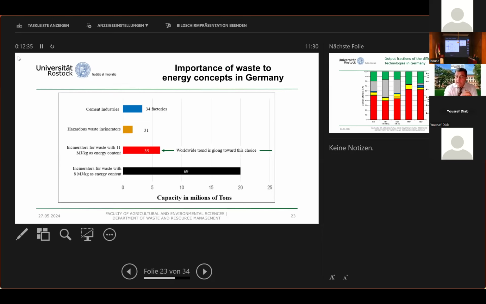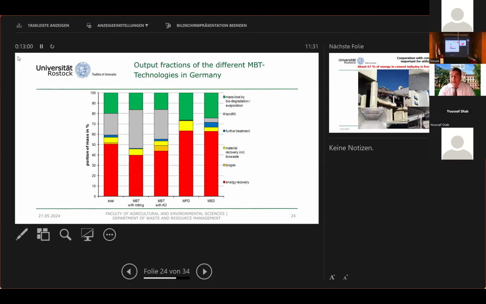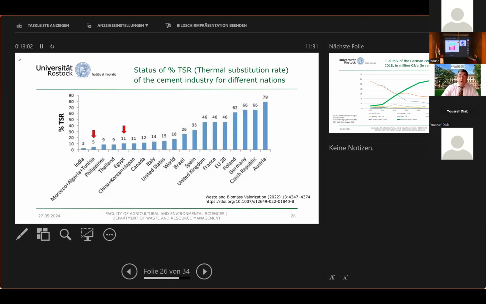So treatment: if we look here, after 30 years of separate collection, waste to energy is still very important. And we have 34 cement industries, and we use the cement industry for waste management. That's a very important topic for Syria and for the MENA region. A lot to think about. So if we look at the use of waste, or RDF, refuse derived fuel, in the cement industry,